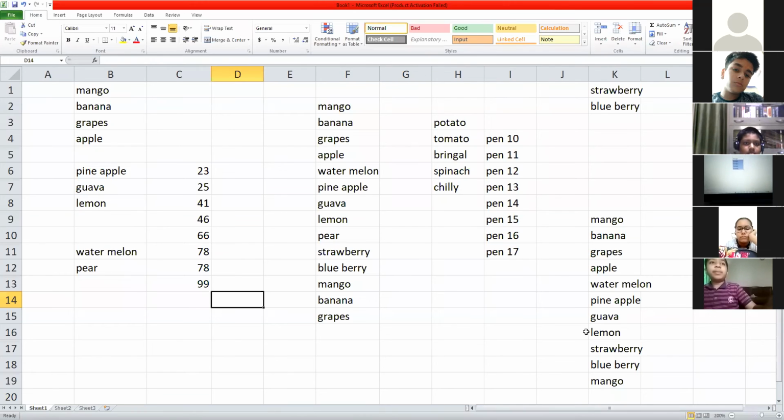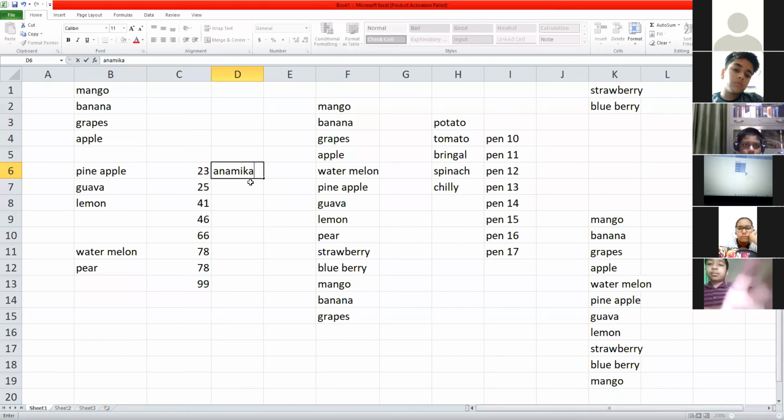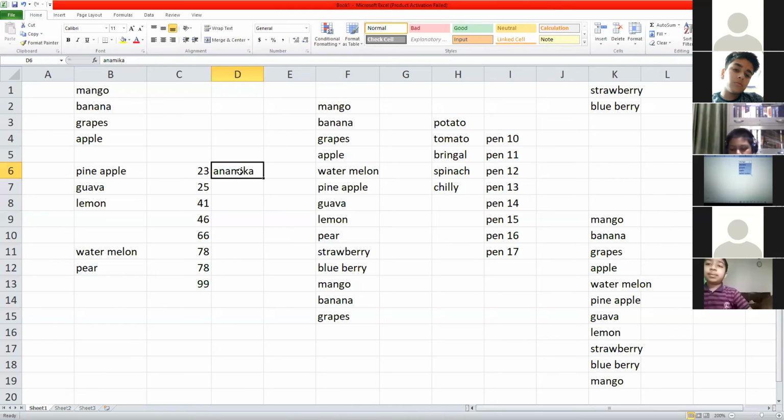So what are you doing? See, you are again doing the same mistake. Just suppose I am writing my name here. When you are dragging, don't drag with the help of this. If you have to select, click here, not on this box. If you click on this black color square box and then drag, whatever is written inside this box will be copied down. When you have to select, select this one, select and drag.